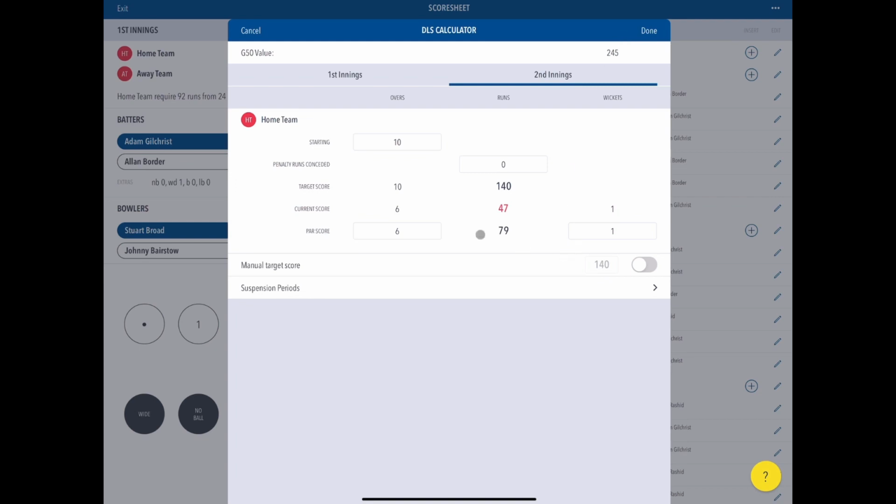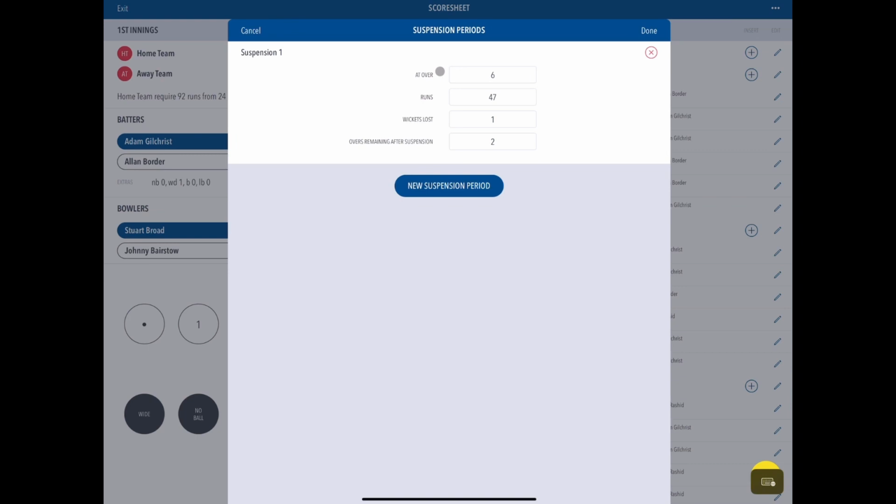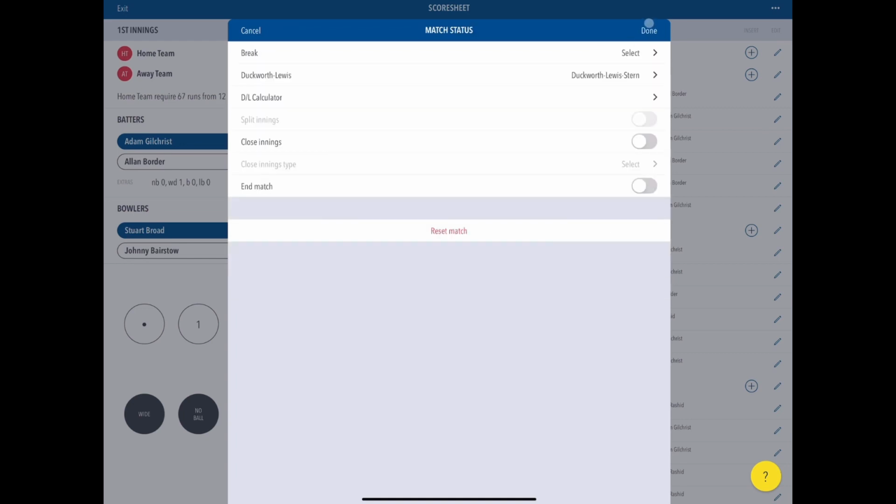So we will take the current target and we will change it from 10 overs to 8. This will update, and we can add any periods of suspension for how long we were paused, etc., if we chose to. So 8:46 and click done, and this will give us a new target. Once we click done,